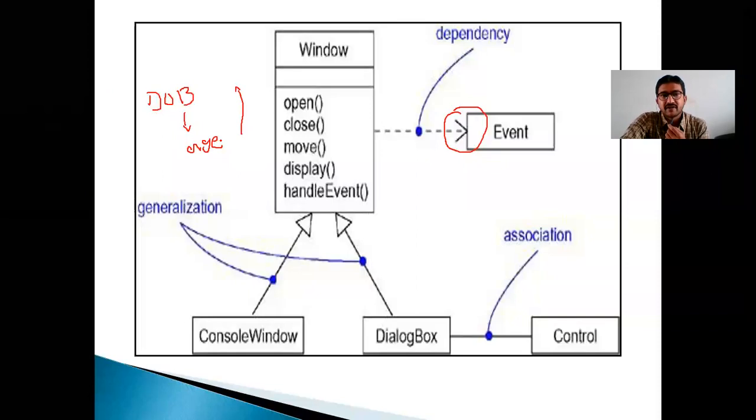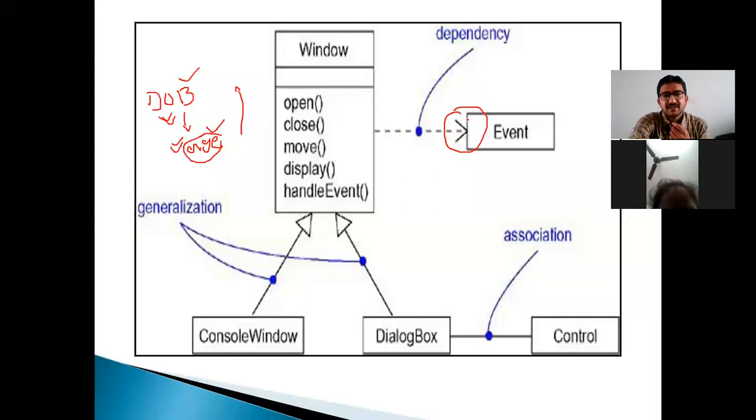So if one thing is changing, the other thing is also changing, but if the other thing changes, the first is not changed; vice versa, it is not changed. In such cases, we use a dependency. The change occurs in one place and also occurs in another place, but if a change is done in the other place, it should not be reflected back. In that situation, we use dependency.